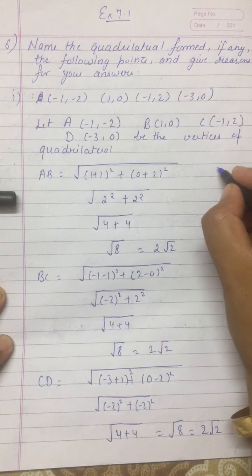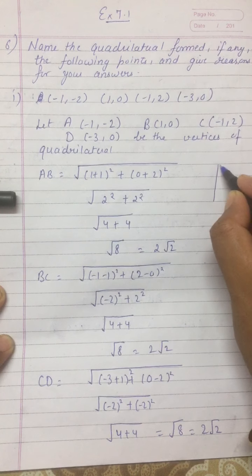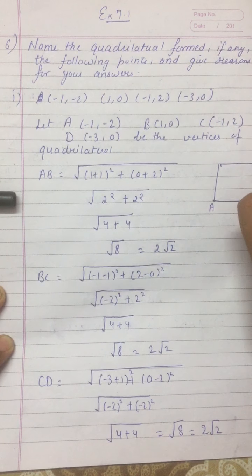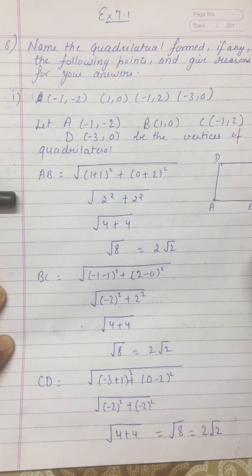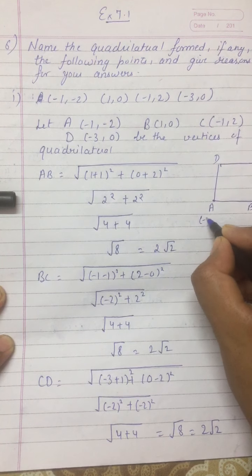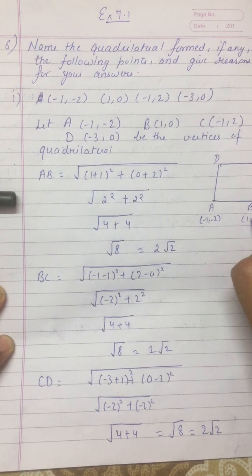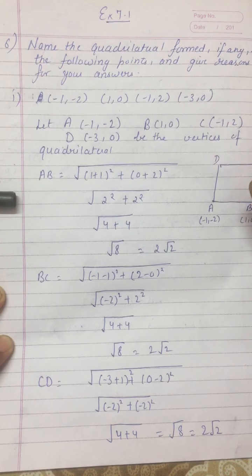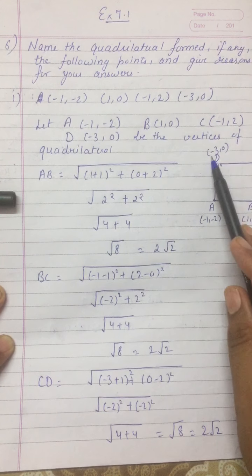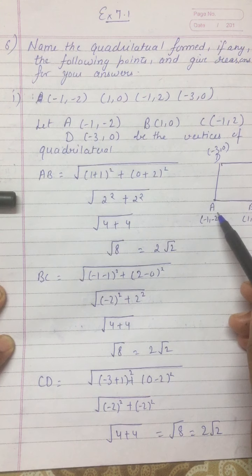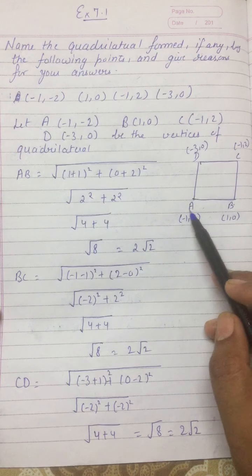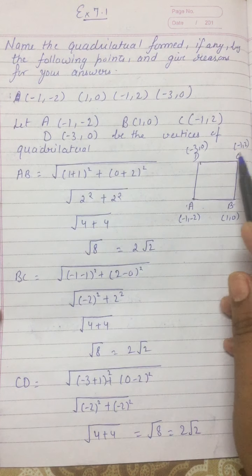If this is a quadrilateral, I am going to draw it like that, as I have done with the isosceles triangle. I have the coordinates of A, B, C and D, taken respectively. Why respectively? Because if I do not take them in order, it will not be a quadrilateral. It will be some other type of figure. So these are the coordinates of the quadrilateral. I have to check what type of quadrilateral this is, a square, rectangle or rhombus. We have to check the distances AB, BC, CD and DA.